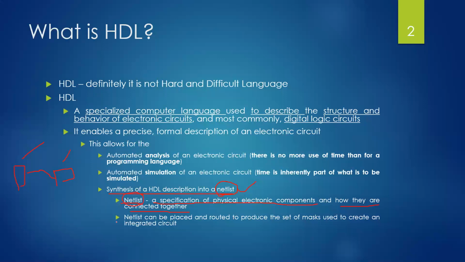Now, in this one, what happens is we can use this and we can place and route it. So there is something called routing in your netlist. So that, for example, if I have to specify in one form, right? So here, what happens is